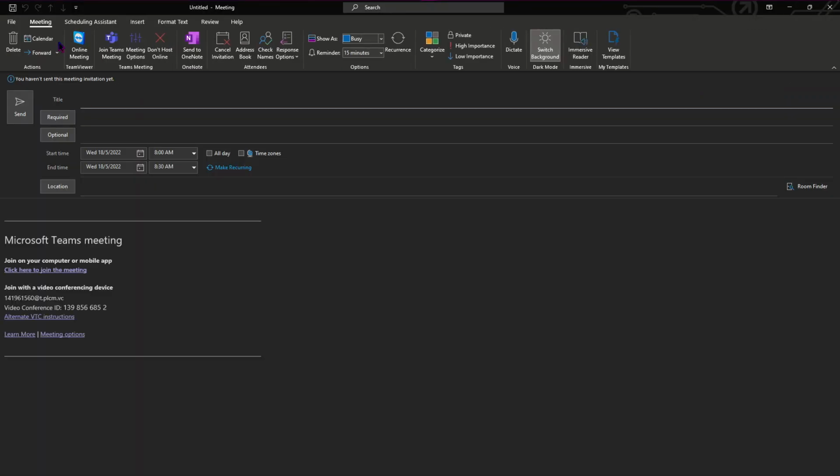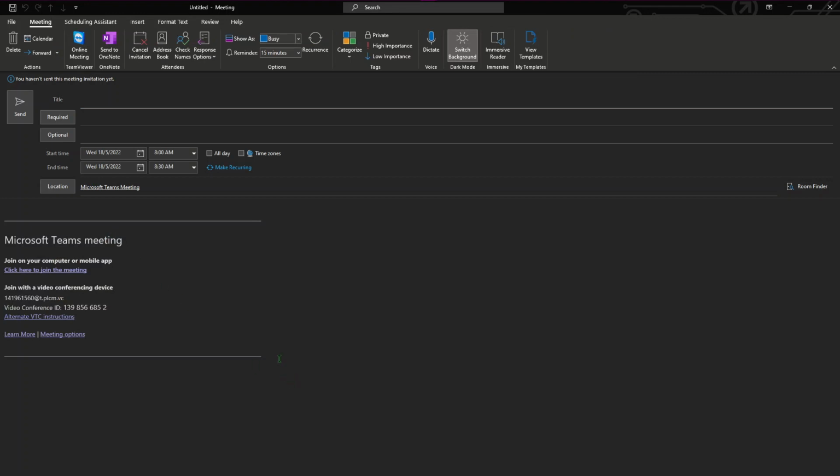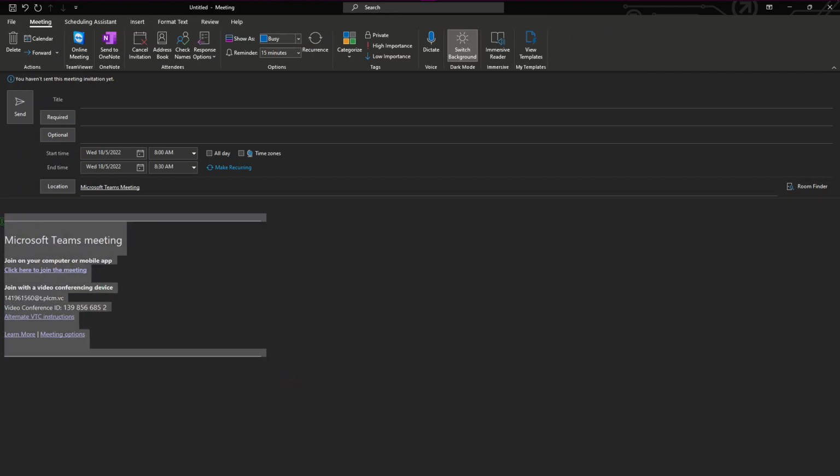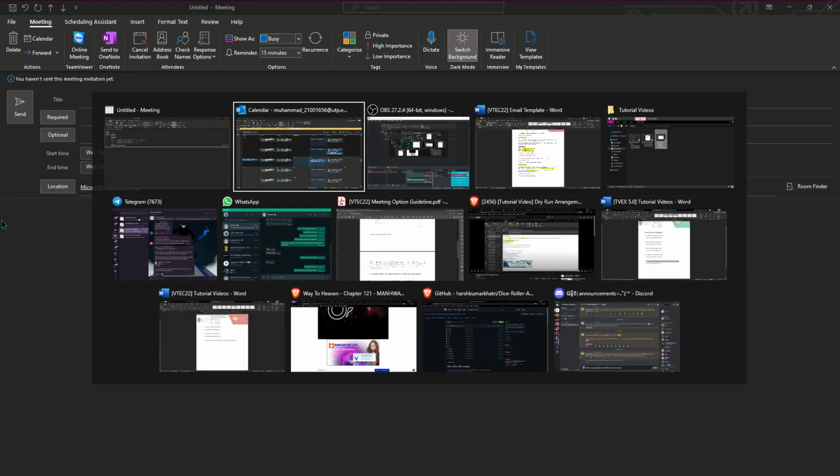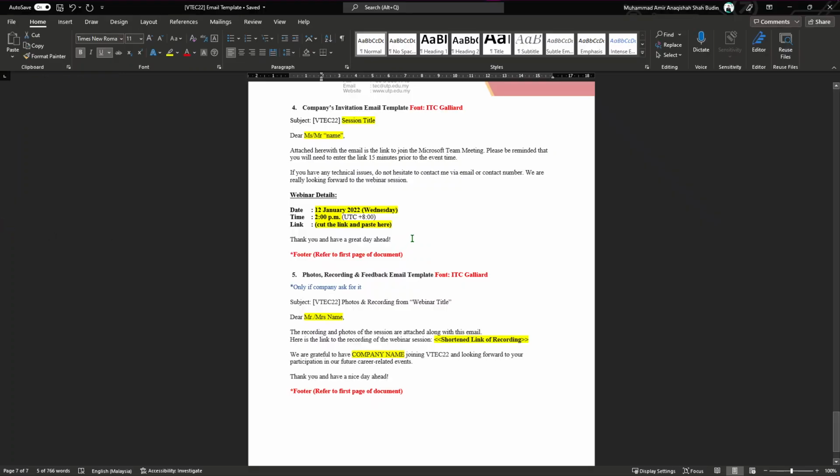Alright, so for this new meeting, you don't have to use this link, because if you use this link, there will be two separate Teams meetings for the event, and you don't want that to happen, so you delete it. Okay, so go back to the template, copy everything here